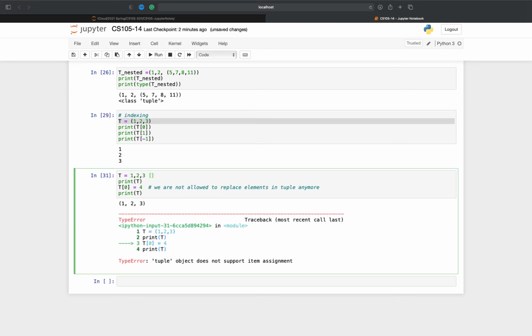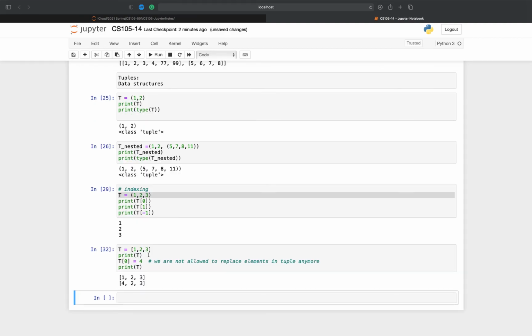If I have a list 1, 2, 3. Oh yeah, okay. So let's change this to L. Yeah, I know in either of them we can do replacement. So we are allowed to replace element in list,